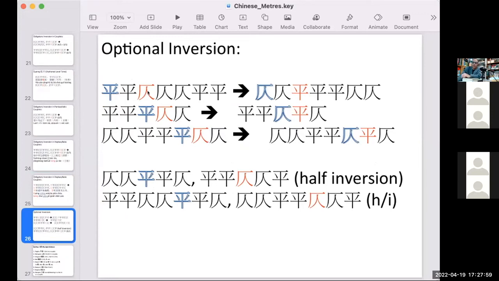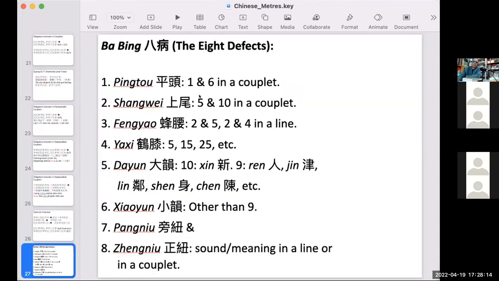And also the zi could be changed into ping or could stay as it is. This is called half inversion. There are other things, actually, something called bobbing, aid defects in the poem that poets usually try to avoid, but actually they don't really stick to these rules, because we can find some of these defects still in the